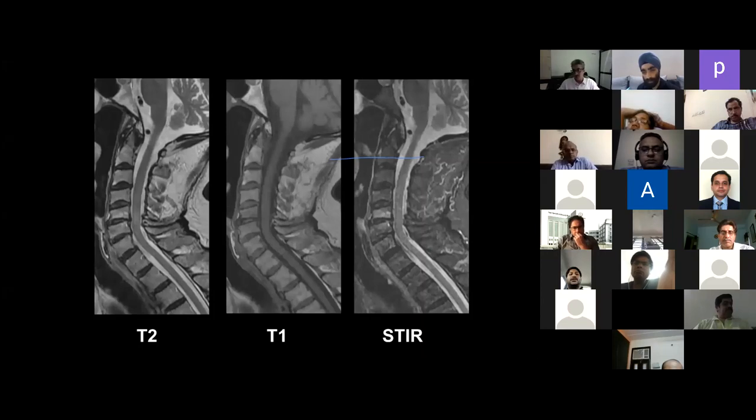So what we do is, if we see it has nearly completely healed, but there is some enhancement, we follow it up for 3 months. If it remains there for 3 months and does not decrease further, and we know sometimes fibrosis keeps enhancing even after that, then we label it as healed. But if we see contrast, we want to see it after 3 months again to see whether it is further reducing or not. If it is not reducing, if it is the same, we say it is healed.